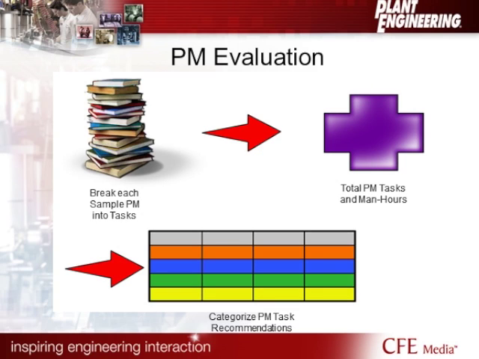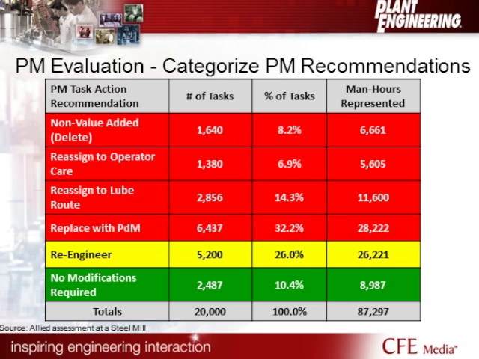Now, if we move on to the next slide, what you're going to see is the results of one of those studies. And this would give you an idea of how things might be within your facility. So we've taken 5S, we've applied it to our PMs within our process, and here's the results. In this facility, 8.2% were absolutely non-value added, meaning they had no value whatsoever. They didn't address a failure mode. They didn't do anything that made us more reliable moving forward.